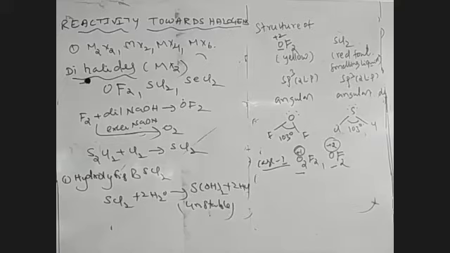Both have two lone pairs and sp3 hybridization, and the geometry is angular. The bond angle of OF2 and SCl2 is also the same: in the OF2 molecule the bond angle is 103 degrees, and in SCl2 the bond angle is also considered as 103 degrees. In O2F2 and OF2, oxygen exists in a positive oxidation state. In O2F2 the oxidation state of oxygen is +1, and in OF2 the oxidation state of oxygen is +2 only.